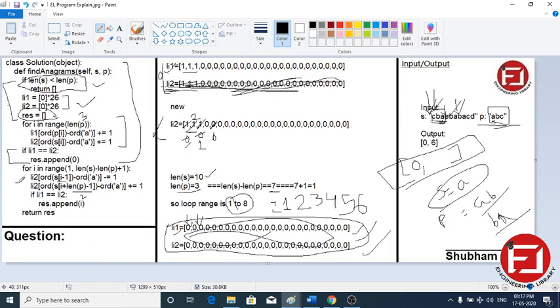In this step I have made one mistake. When i equals 6, then 6 minus 1 is 5. 1, 2, 3, 4, 5. B. So B will be decremented, as it is 1, it will be decremented now. And 6 plus 2, 7. 0, 1, 2, 3, 4, 5, 6, 7.